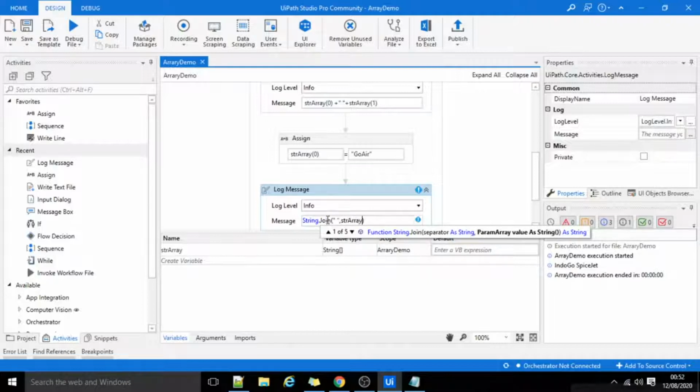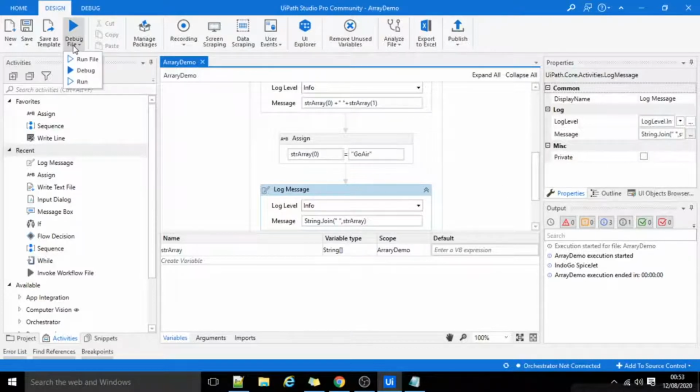So this string.join method will basically print an element of array, then we'll add some space, then we'll add another element of that array, and so on.